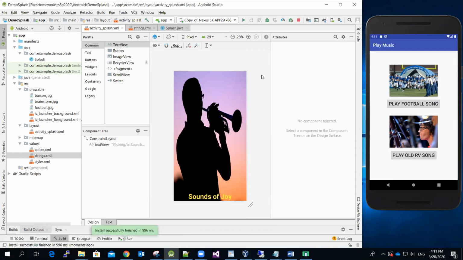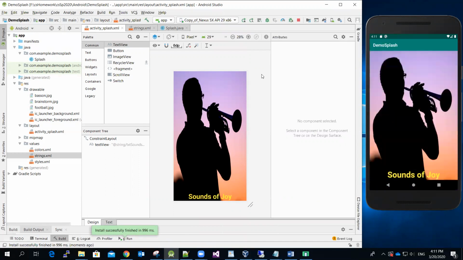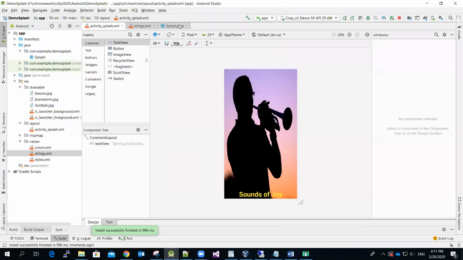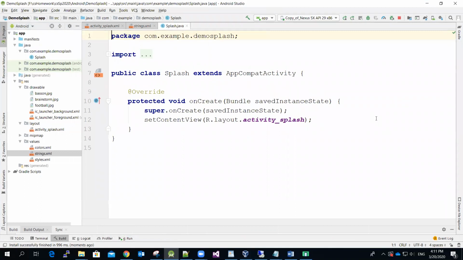So let's check it out. So far so good. But then how do we make it disappear? I'm going to have to write some code in the splash.java file. So let me click the file. Again, let me increase the font size a little bit. So this will involve